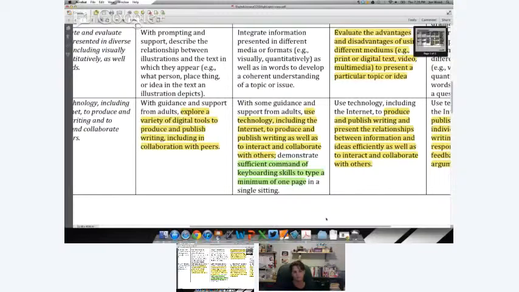And then this is the green line, that's why it's in green, which freaks my teachers out, because it says in 4th grade, kids have to have sufficient command of keyboarding to type a minimum of 1 page in a single sitting. And when you look at some of the release questions for the Smarter Balanced, which we'll look at in a second, you can see that by 4th grade, they have to type paragraphs for the test. And so they're going to need to have some dexterity with the keyboard.